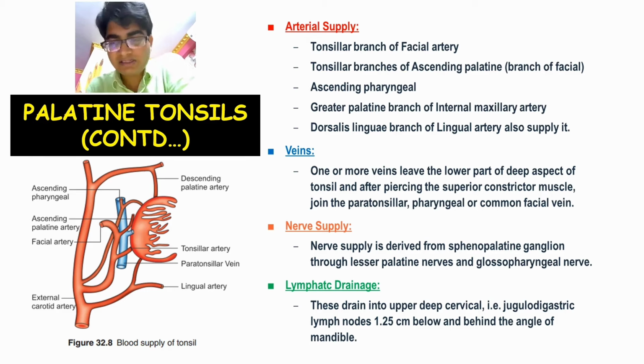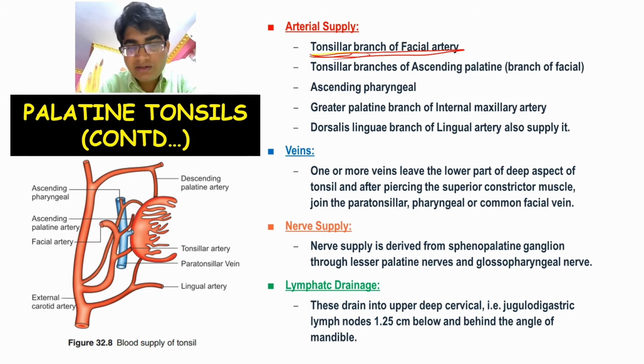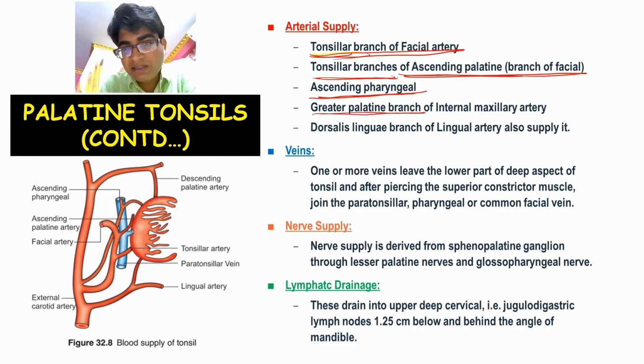The arterial supply of the tonsil: it is tonsillar branch of the facial artery, then tonsillar branches of the ascending palatine artery, which is again a branch of the facial artery, ascending pharyngeal artery, greater palatine branch of the internal maxillary artery, and dorsalis linguae branch of the lingual artery